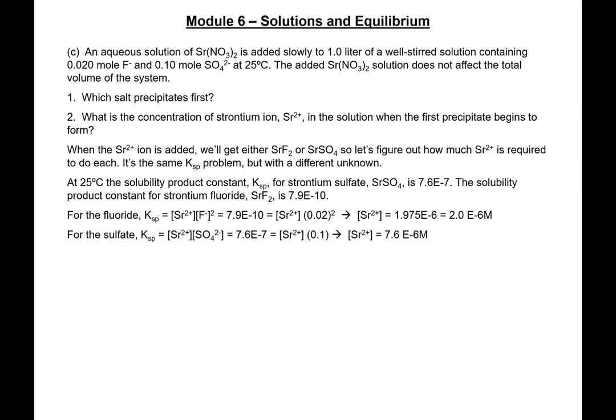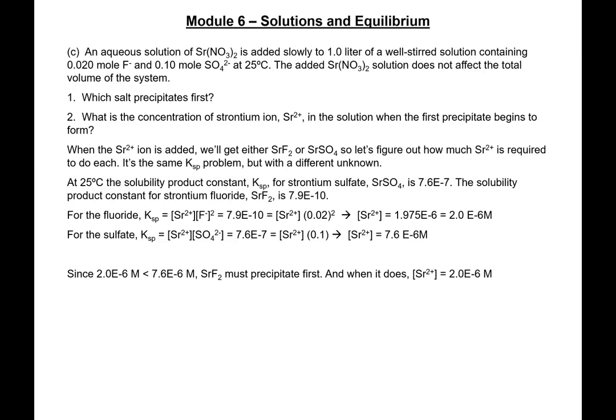We're going to do the same thing for the sulfate. We know the sulfate concentration. It's 0.1 mole divided by 1 liter, so 0.1 molar. We plug that in. Again, we solve for strontium. We get 7.6 times 10 to the minus 6. Okay, straightforward. Since 2e minus 6 is less than 7.6e minus 6, the fluoride salt of strontium has to